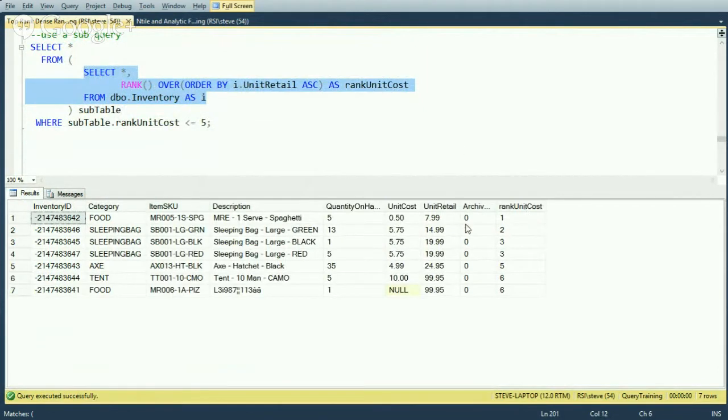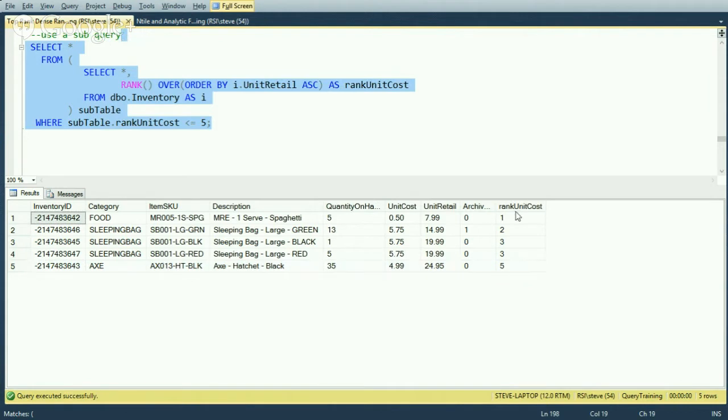So we can see here that using the rank function, it tags on a retail rank of 1, 2, 3, 3, and then 5, because it skips if a duplicate is encountered. Then we can filter on that, and here's the result set of the lowest 5